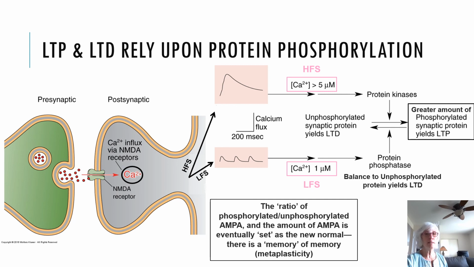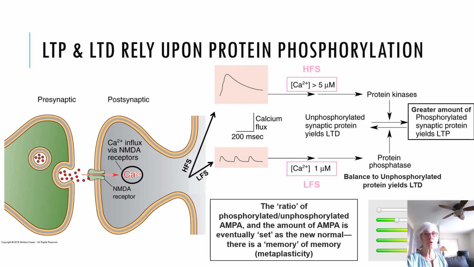Now, that's not set in stone, but that new baseline is what we're going to call our new normal. And so we can potentiate or depress even after we have already potentiated or depressed. Your textbook shows a diagram of an egg carton, and I think that that's silly. This is not a ton better, but what I do want to show you is this